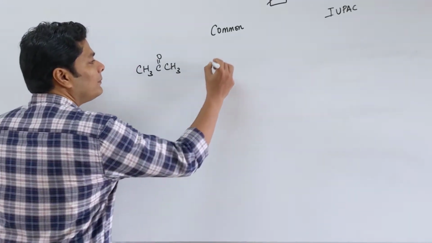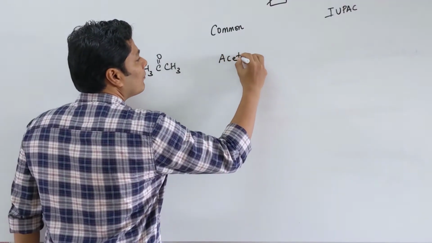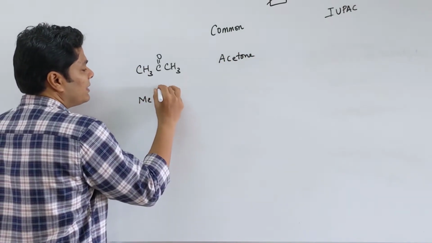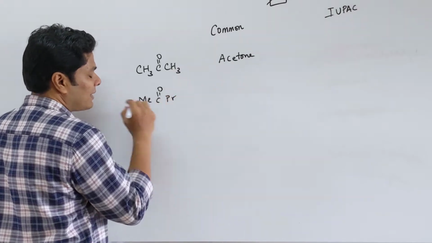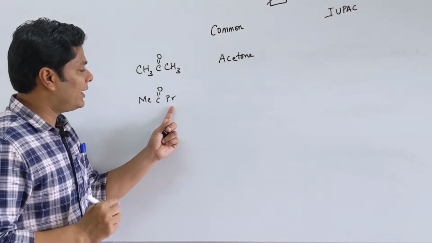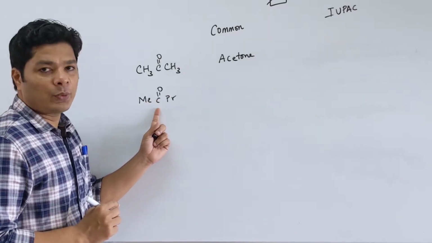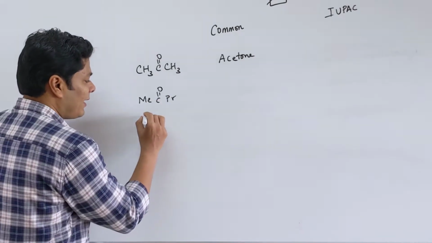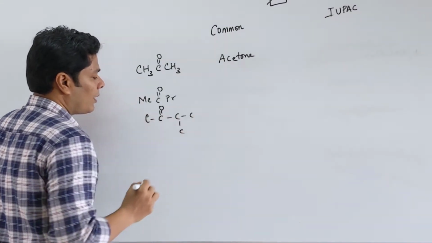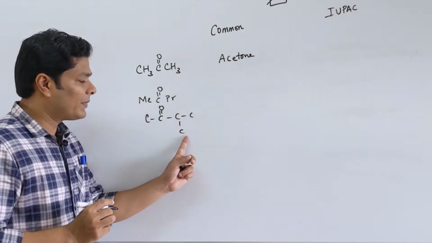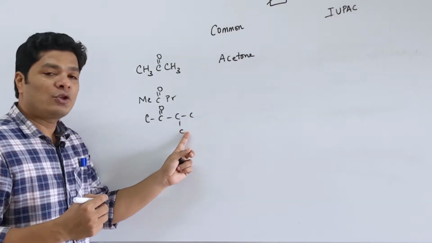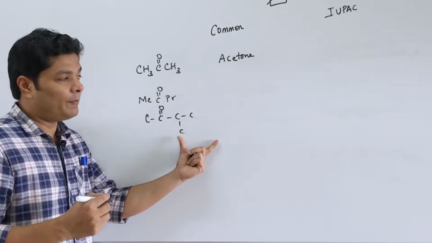We can also have, let's say, MeCO. I'm just abbreviating so you get used to it. So this will be methyl on one side, propyl on one side. So methyl propyl ketone. Similarly, we can have carbon C double bond O, this is methyl, this is isopropyl. This we have seen so many times. So methyl isopropyl ketone. These are extremely simple.